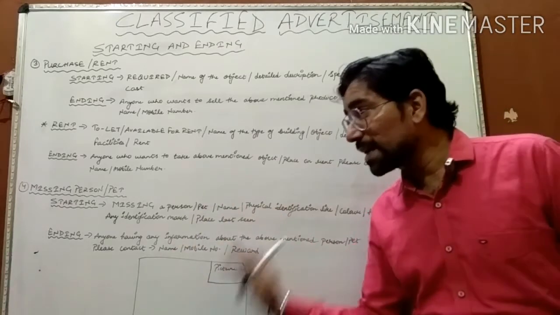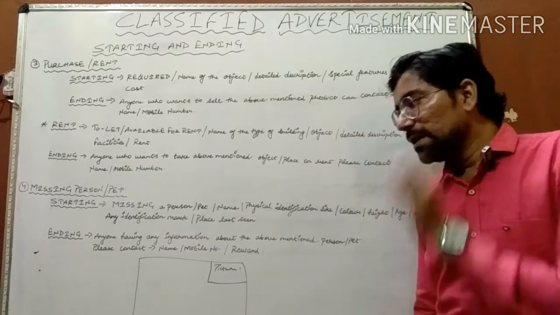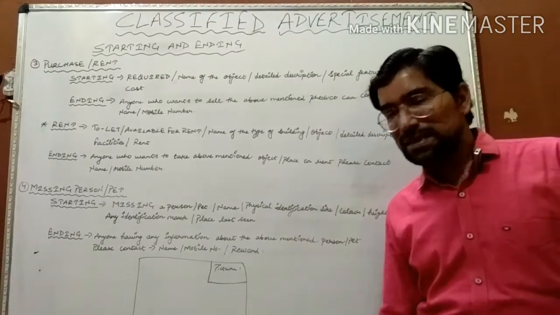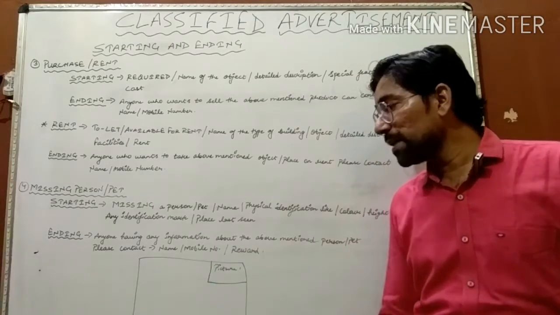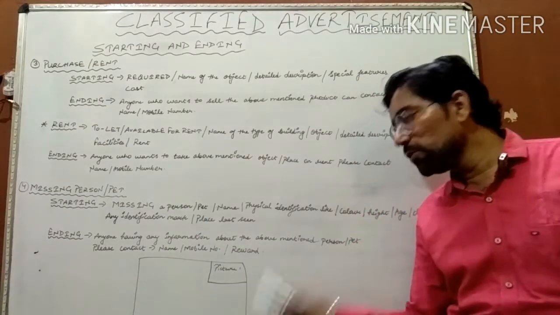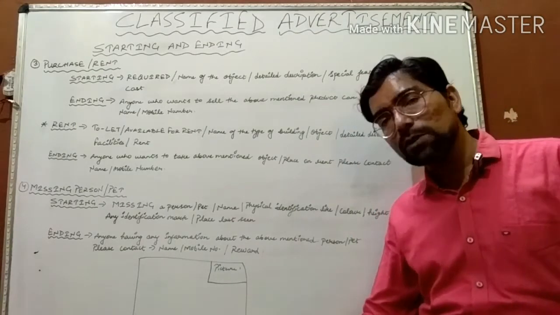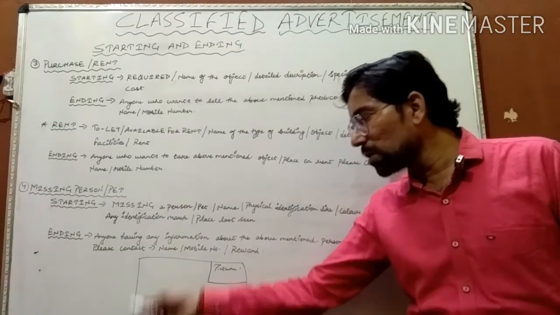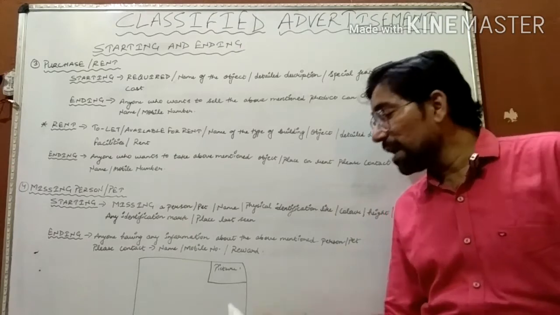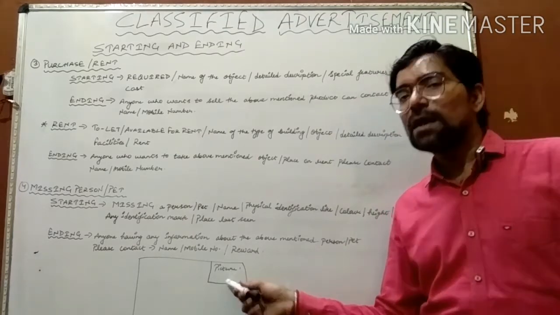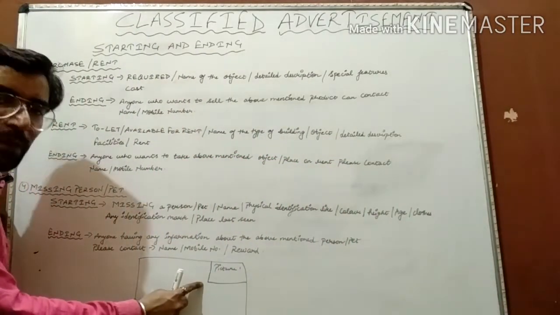Now, what is going to be the catch in the missing person or pet classified advertisement? The catch should be the writing style. And what is going to be the writing style of missing person or pet? You have to make a box, as I have told you. First of all, you need to make a box that should be open from the bottom. And how do we have to write? We have to include a picture in it. You have to make or draw a picture here.